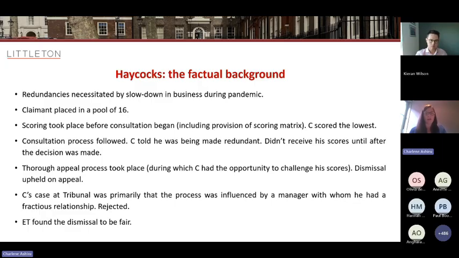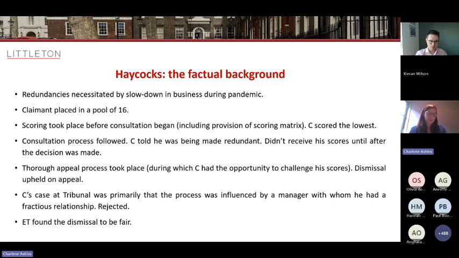So I sidetracked there for a moment, but I think it's useful to see the lay of the land on redundancy and how the EAT are treating redundancy cases. Now, coming back to Haycocks, and this is another point which potentially shows the pendulum swing of how the EAT